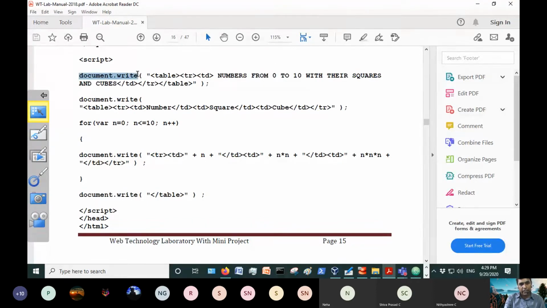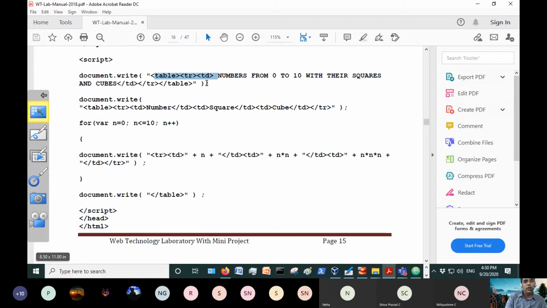So document.write is a JavaScript method with which we have created a table, row, and data which contains a string giving numbers from 0 to 10 with their squares. So make sure that the opening and closing table tags are correctly there. Otherwise, the HTML interpreter may not recognize them. If you miss the closing tags, or if the spelling of a tag name is wrong, the same tag text will be displayed within the browser.